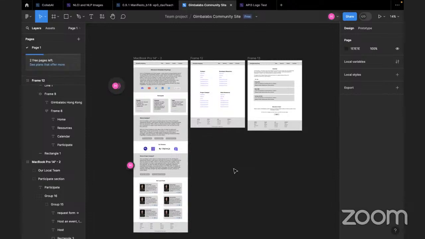And from a longer term perspective, I'm thinking maybe we could wrap this work in some sort of Fund 12 proposal submitted from the perspective of Gimbalabs, like we're hosting some Gimbalabs local community things. Maybe a website, a template, or research on a structure for how to host a local community.